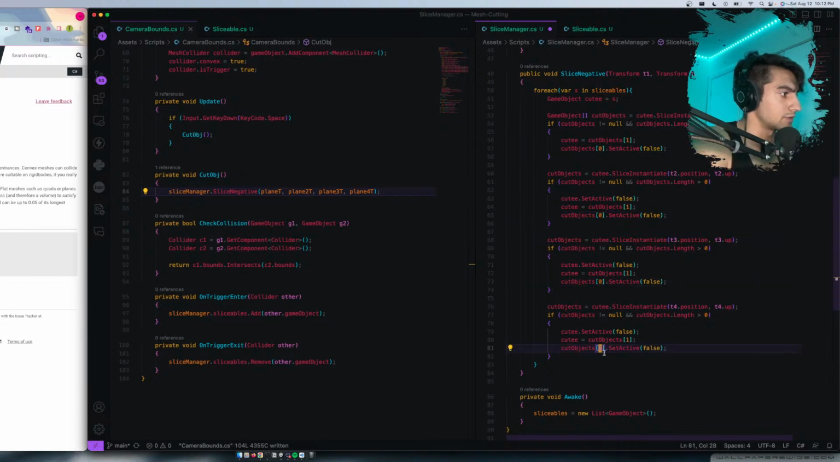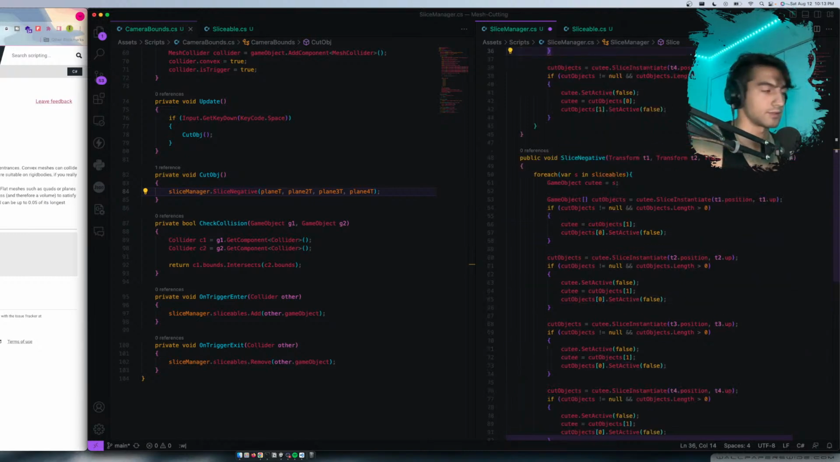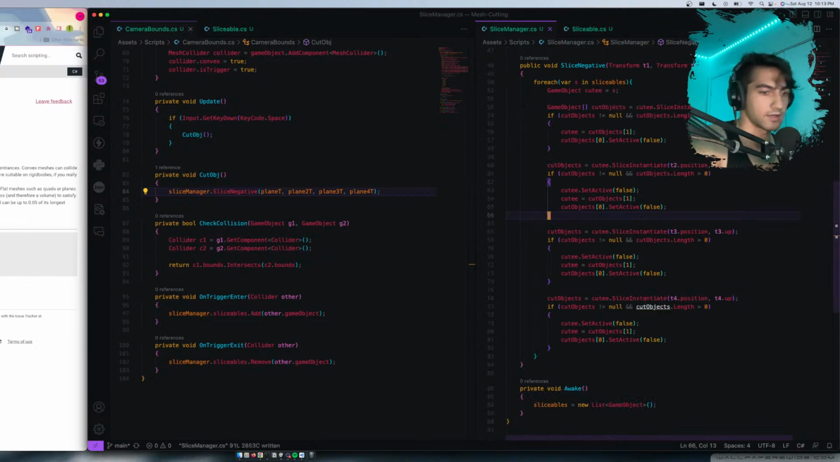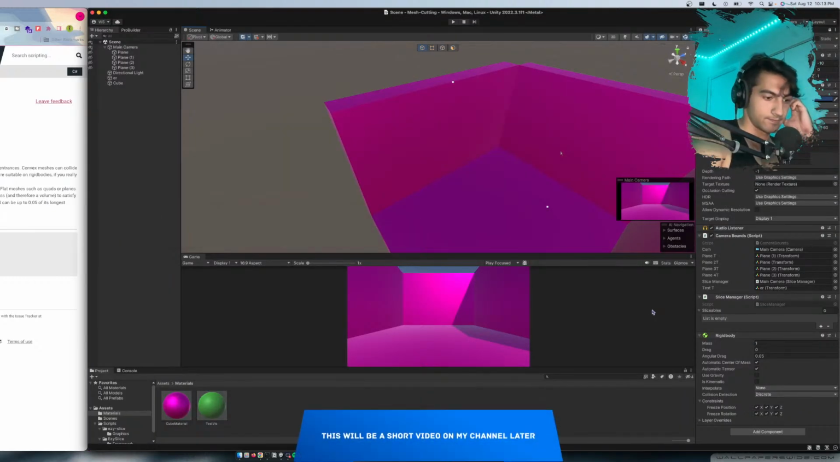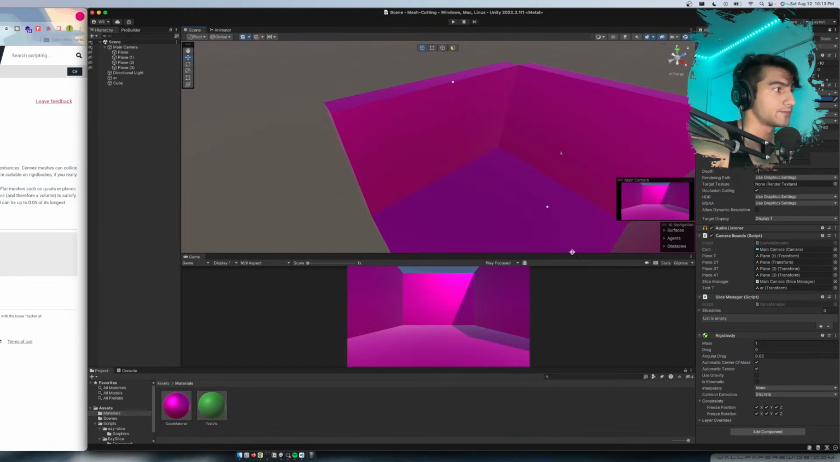When we slice an object, it'll turn into 2 new objects. We just slice it with a plane. If you swap the ones that we keep with the ones that we don't,